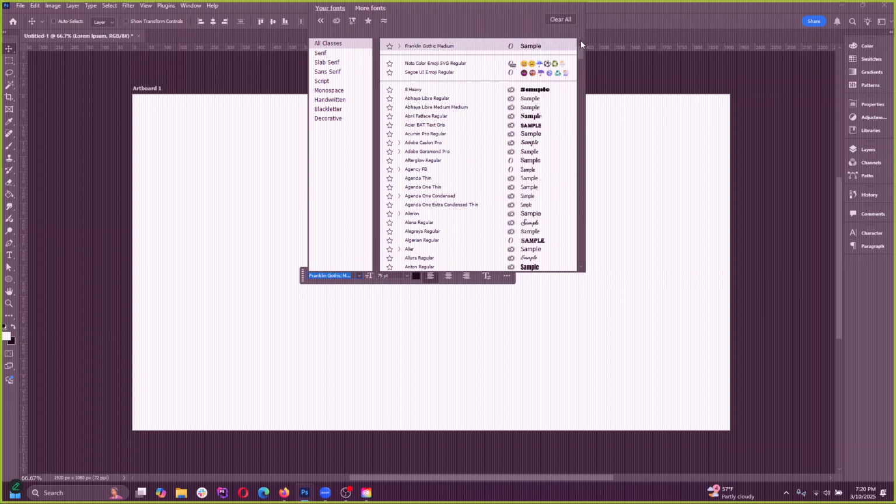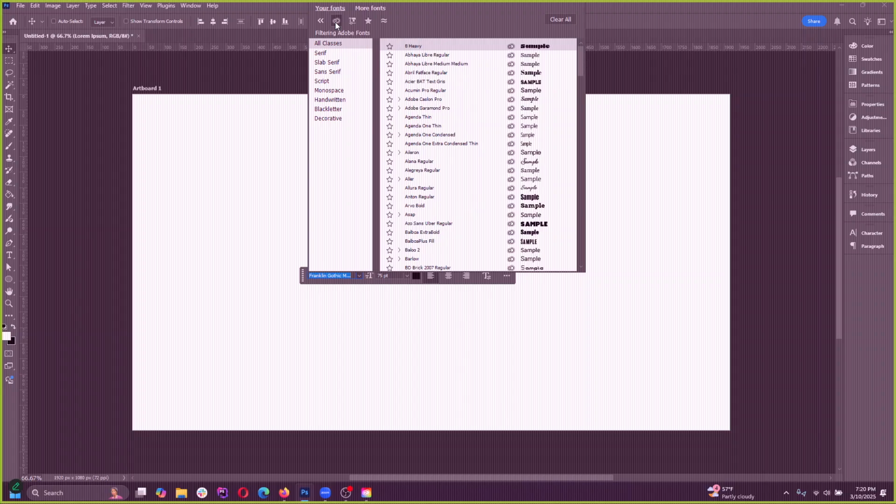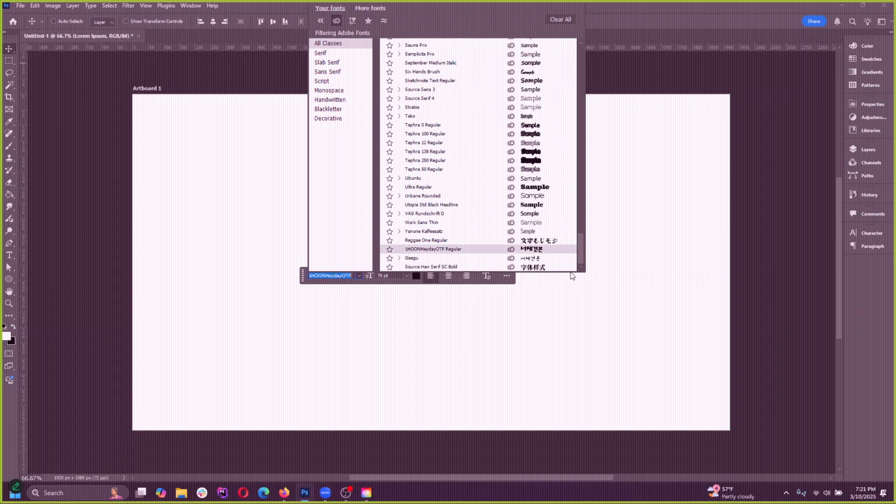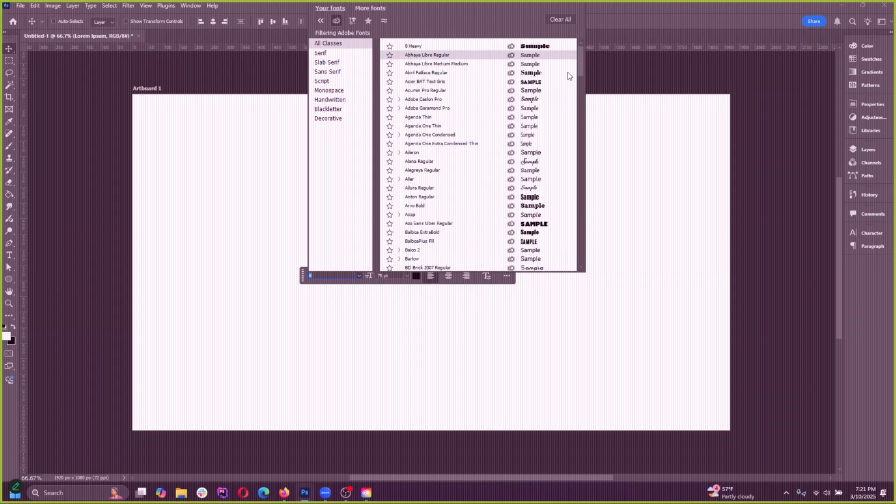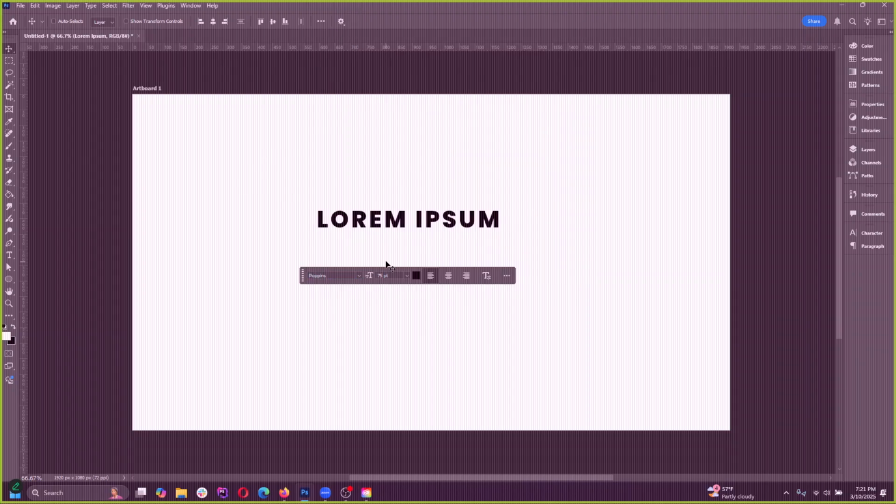if you want to see those Adobe fonts that we haven't downloaded yet, you could click here where it says show Adobe fonts. Wait, sorry, this one just filters the Adobe fonts. It doesn't show you the ones that you haven't downloaded yet. Okay, so to actually see the ones that you haven't downloaded, you want to open the actual character panel